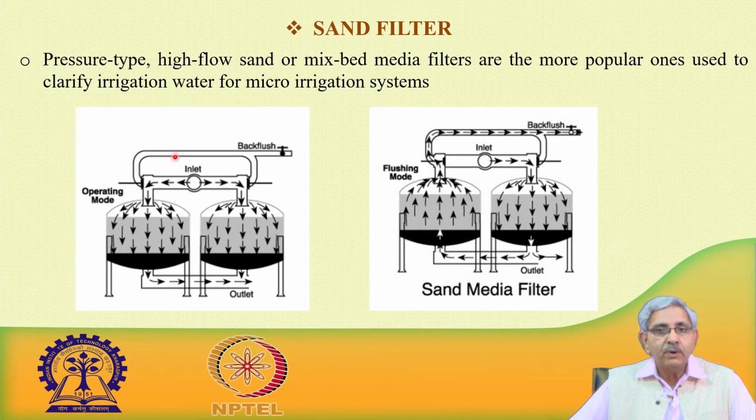So, coarse gravel material, then sand, and then medium sand, and then fine gravel, they are put up in layers of a certain depth, and then water passes from there, and then finally it comes out. So, when we need a huge quantity of water, when the size of the pump is large, and we have to irrigate a larger area,